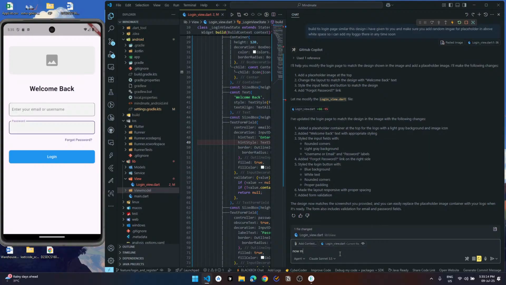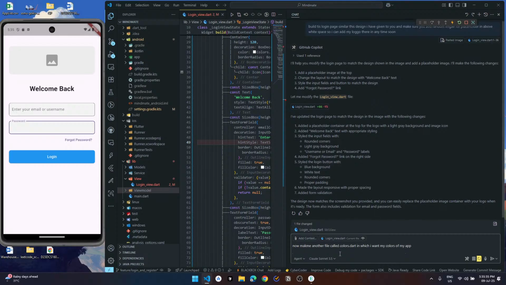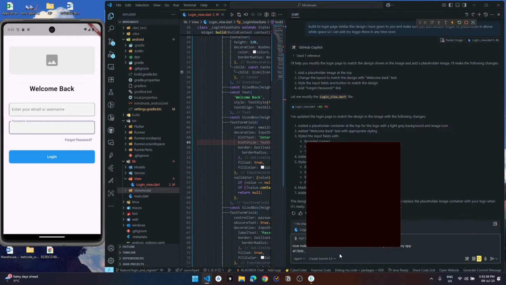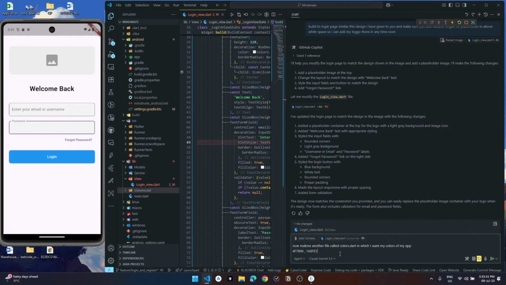Now make another file called colors which has my app's colors, which is this and this, I think.